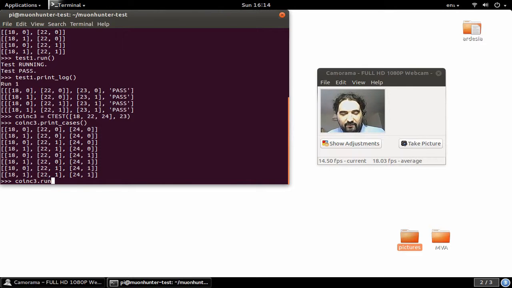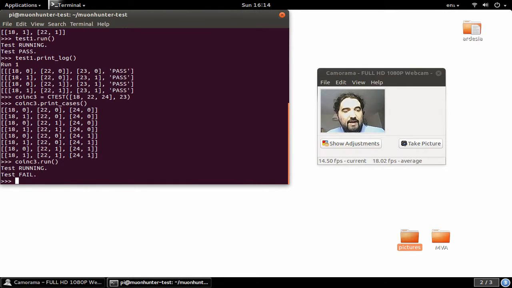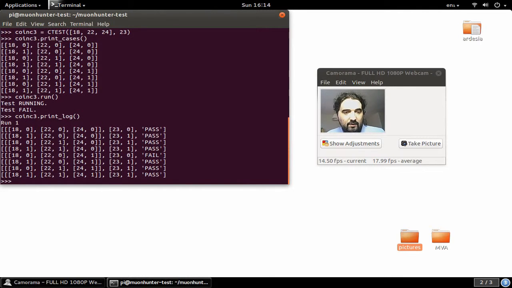So we're just going to run it for the fun of it. Obviously it's going to be a fail since we don't have that equipment connected. Coincidence 3 run, and then we can just have a look at the log. And we could see, yeah, that's where it failed. Our coincidence was still reported on 22 and 18 being 0, and then we got 23, 0. But 24 was a 1, so yes, that's a fail. The result should be 1, because that's not a triple coincidence.